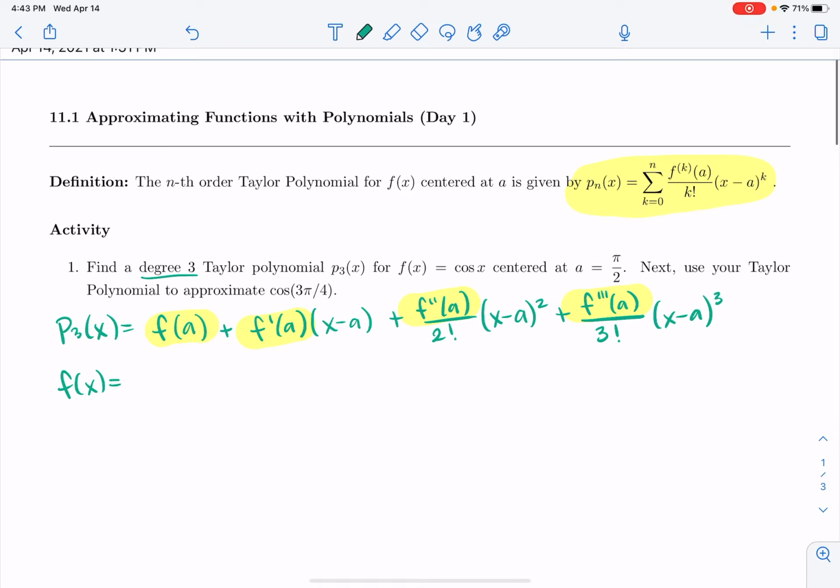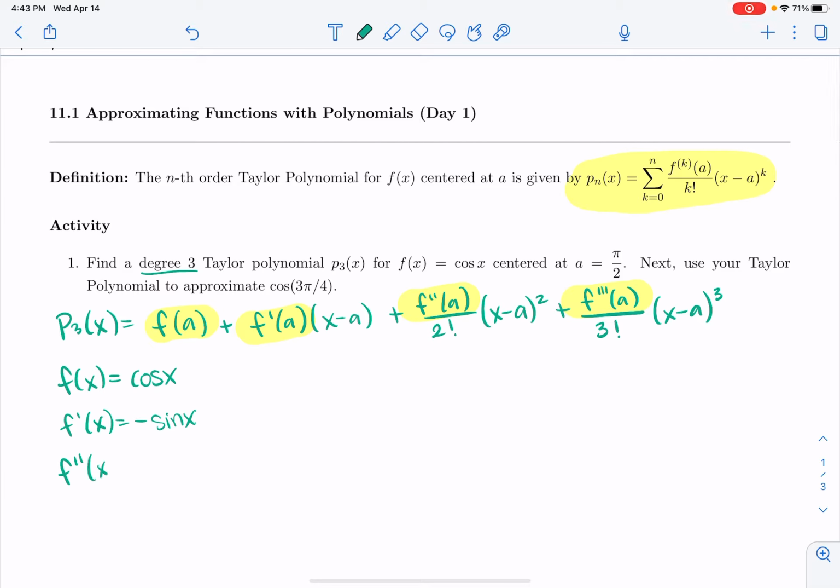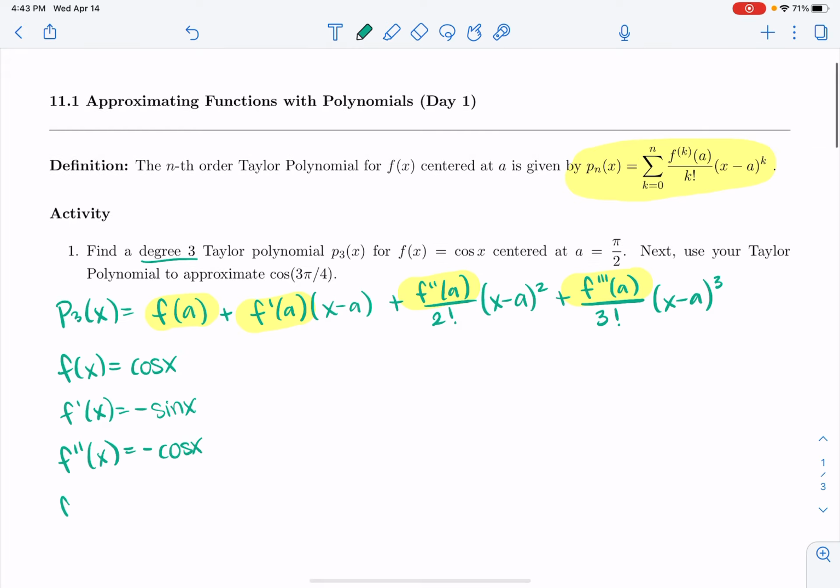So let's get started with that. First, we need to find the derivatives as a function. f of x equals cosine of x. We take one derivative to get the first derivative, and we get minus sine of x. The second derivative is just taking the derivative of minus sine of x, which is minus cosine of x. And then the third derivative is the derivative of minus cosine of x, which gives us positive sine of x. Those are the functions. They all depend on x, but we want to plug in the a value. And in this case, a